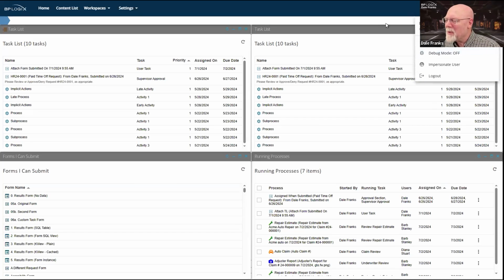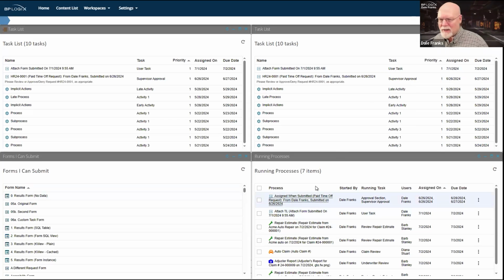I don't remember where it is, but I have a limited number of items I can access in this workspace, even when it's set to the desktop interface. I do have the ability to customize it and to show everything that I have access to in that workspace. So basically, I have access to all of the objects that are configured on the home page and all of the objects that are included in the navigation menu for the workspace. Those are the only objects I have access to, but I have access to all of them. And I can display any of them anywhere that I want to display them on this page.